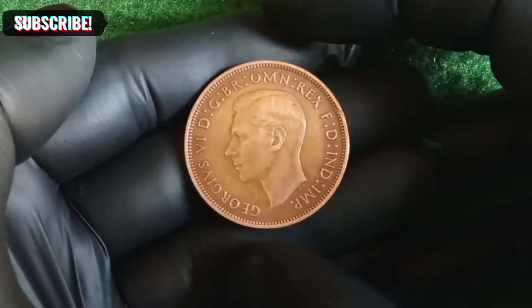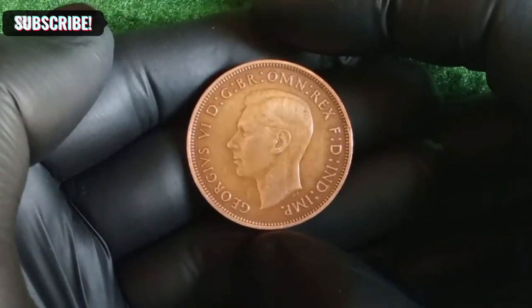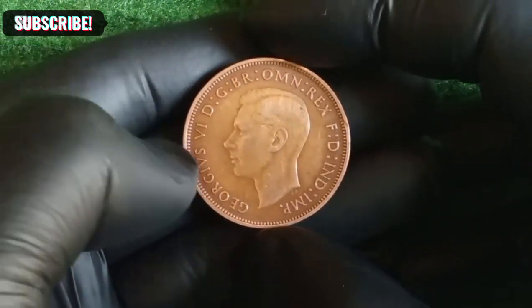Despite its low monetary value, the coin's symbolism and historical context make it a prized item for collectors interested in 20th century